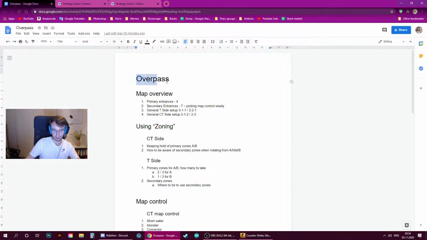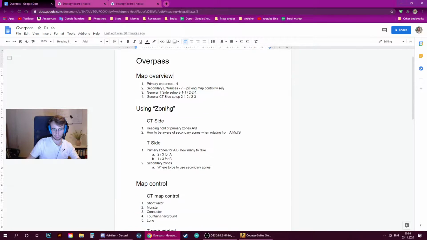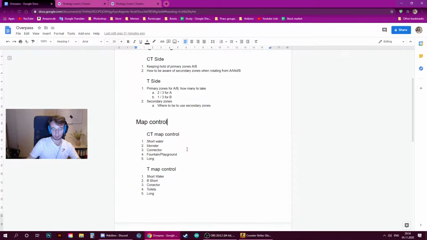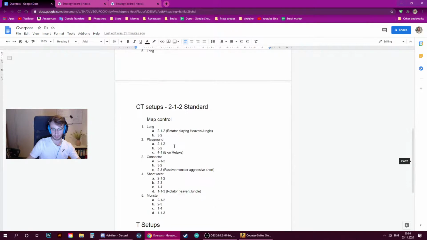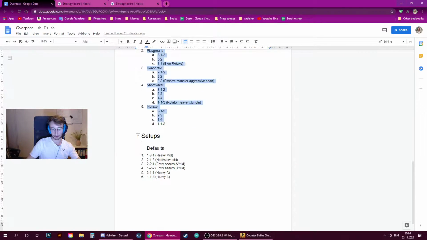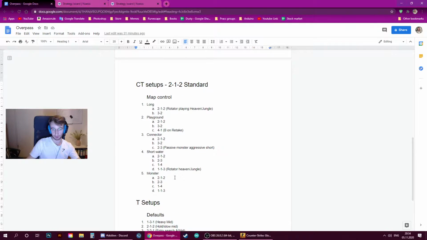So, Overpass. We're going to follow the same format as last week, so we're going to first do an overview. I'm going to talk about how to zone and where we can use zoning at the start, so that we can have a look at basically how we can use zoning from what we learned in the first lesson. Then we're going to talk over map control and why it's important on Overpass, and then we're going to go over some very simple CT setups with map control, and we're going to go over some T setups in the defaults side. We're also going to talk a little bit on T setups when we talk over the map control,